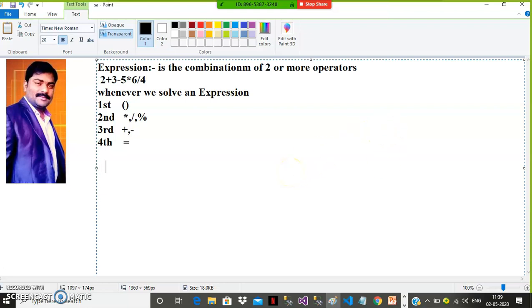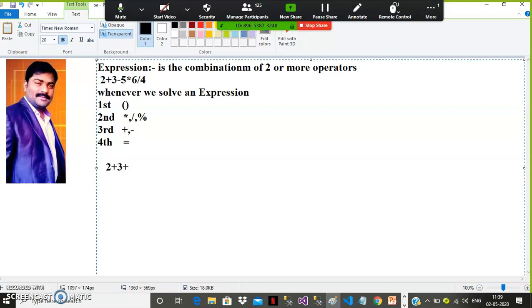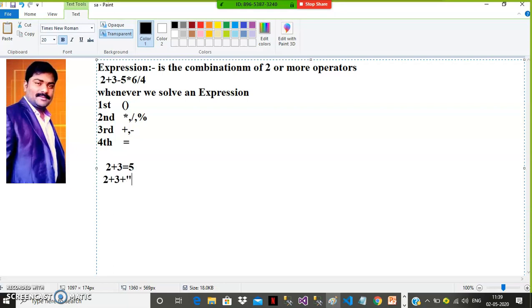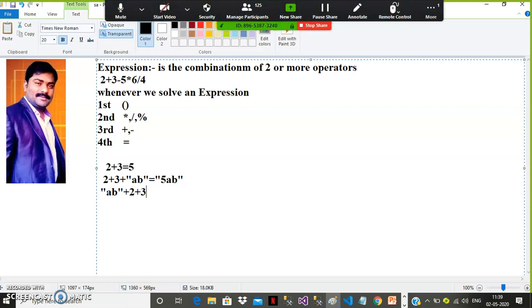For example, 2 plus 3, answer is 5. If I write 2 plus 3 plus AB, answer is 5AB. If I write AB plus 2 plus 3, what is the answer?